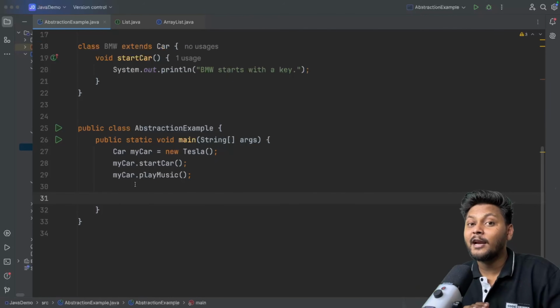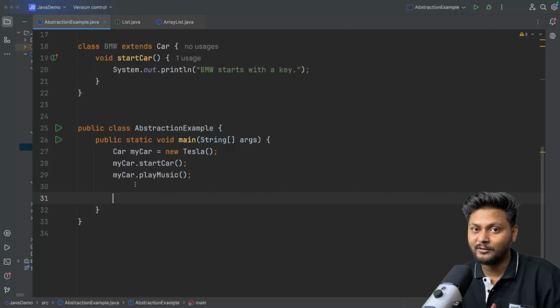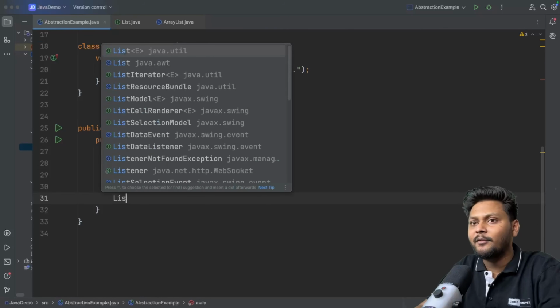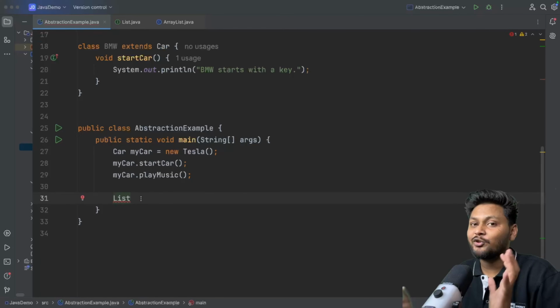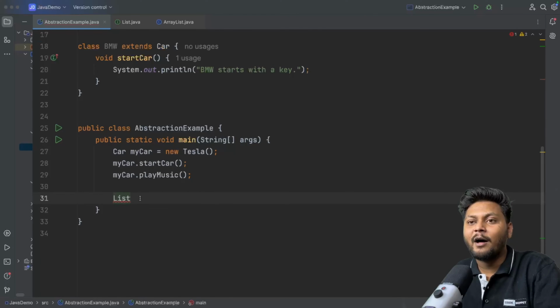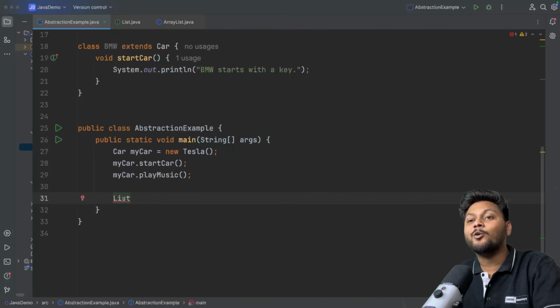And when we work inside Java, Java provides a lot of abstract classes or interfaces to us. For example, let's say we have a list, right? Now what is a list? List is basically a collection of objects, right? Now in Java, Java has created a collection framework for us. Now if we want to make use of a list inside Java, what do you do,